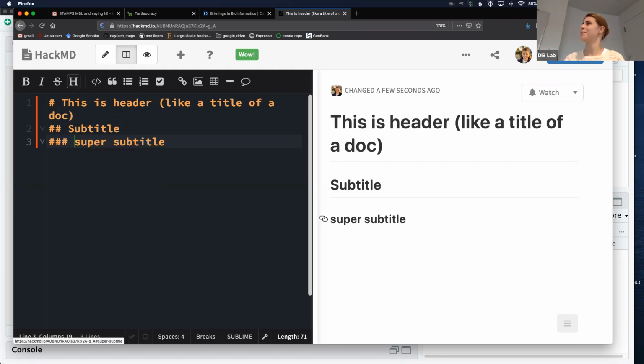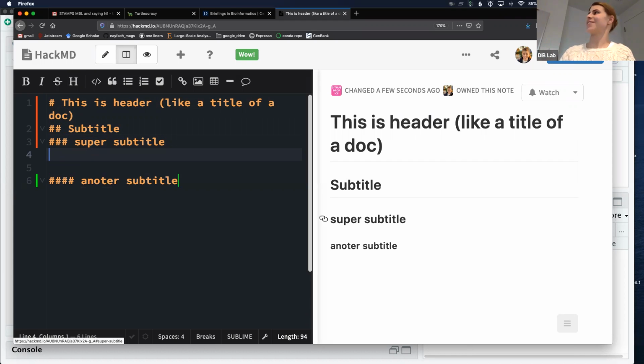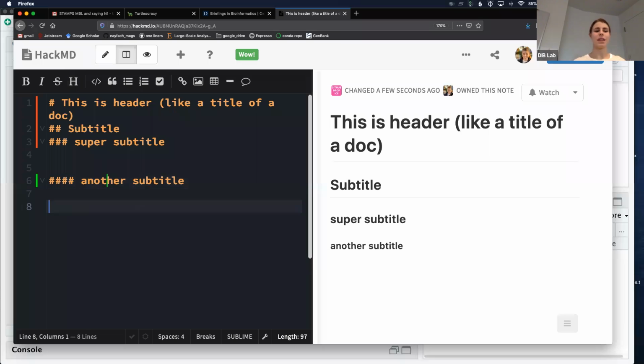Thank you, Louise. It's collaborative. So Louise copied the URL and now he's editing it too. And he's doing another subtitle. So you get the point with the hashtags. You can use as many as you want to get different levels of headers delineating